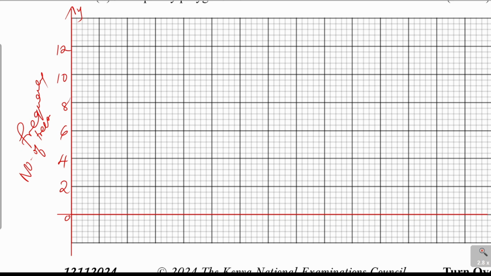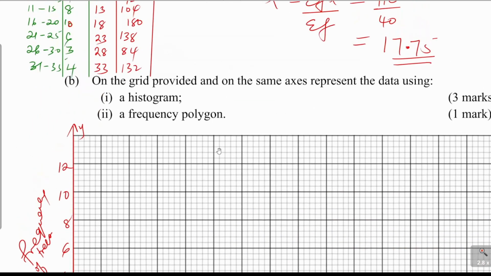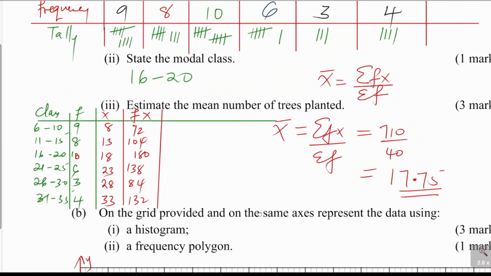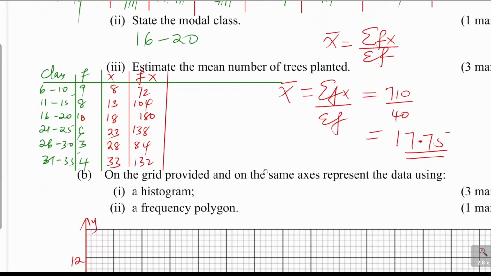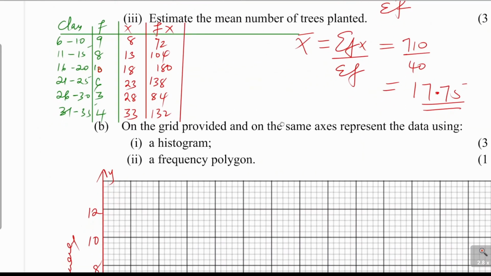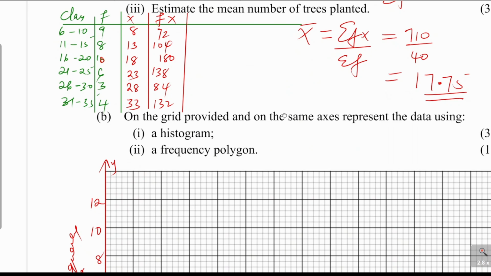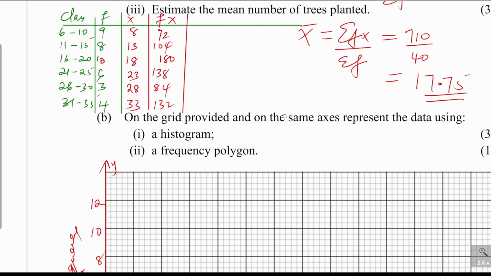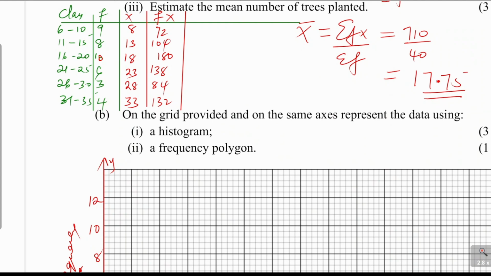the class boundary is there. So we have the lowest is 6 to 10. So we can start with a slightly lower class. The lowest class boundary of 6 to 10 is 5.5. So we can decide to start a little bit lower for that class, that is 0.5, so that we can have a scale of 5. The scale of 5, 1 centimeter represents 5. So we can start with 0.5